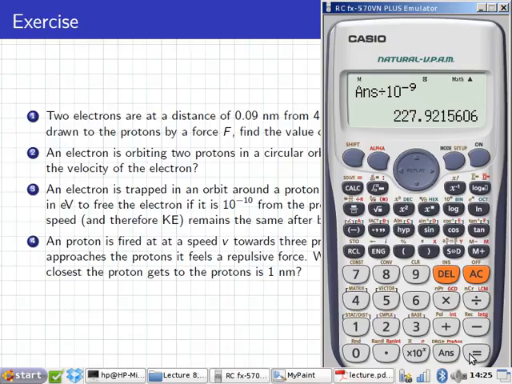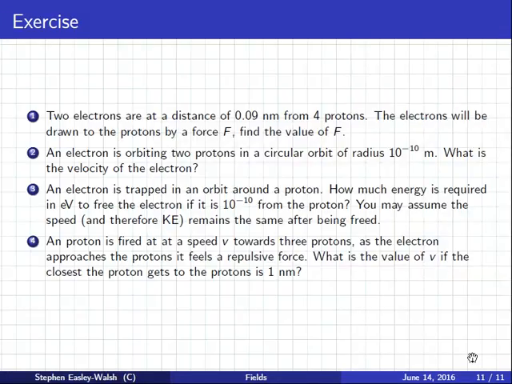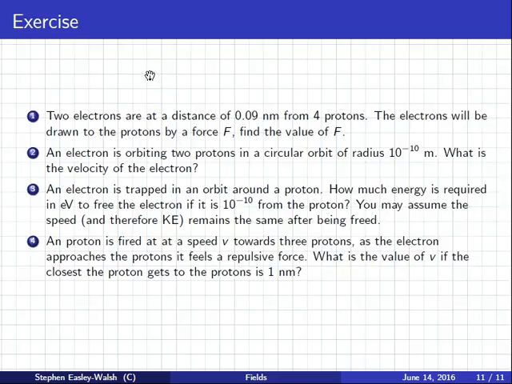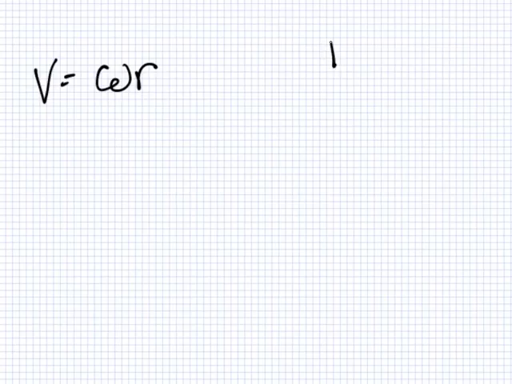Can you write that down or check? Yeah. Right, number 2. An electron is orbiting 2 protons. What is the velocity of the electron? Okay, we'll have to do a little bit of maths here. So we have v equals omega r. Do we know the r? We do. Do we know the omega? We don't. But we do have F equals m omega squared r. And then we also have F equals k